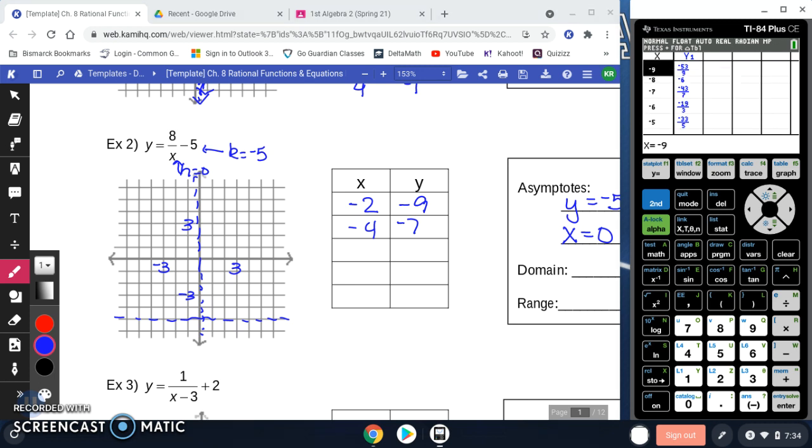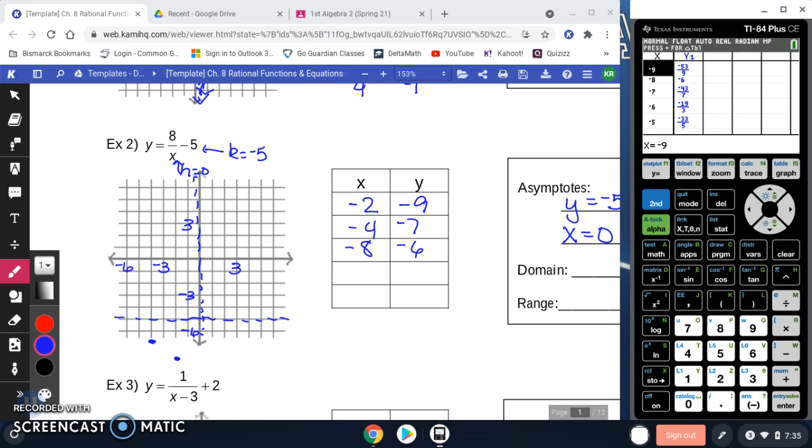And let's see, what else did we find? -8 is -6. Let's try those, and we'll just kind of see how that goes. So -2 is -9. Well, this is -6, so we're just going to have to kind of estimate. I think -9 is going to be about right here. 4 is -7, so here's -6, so there's -7, and 8